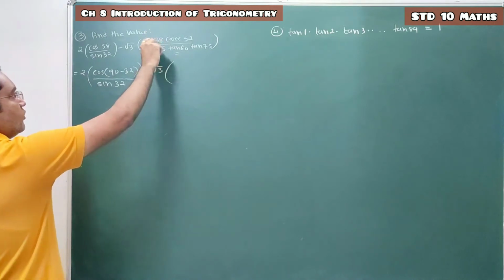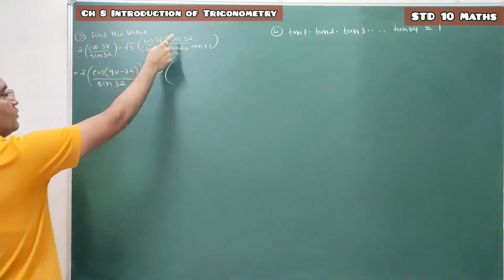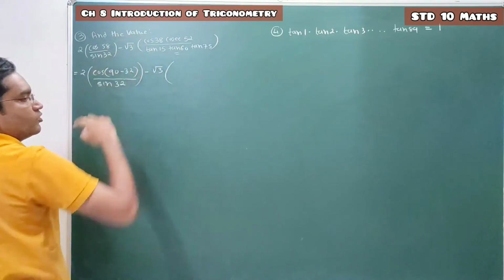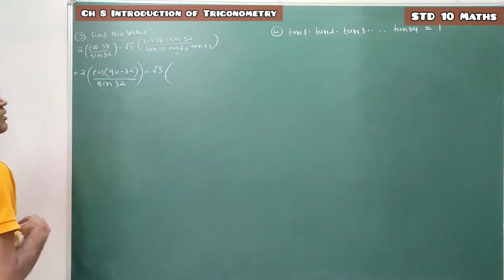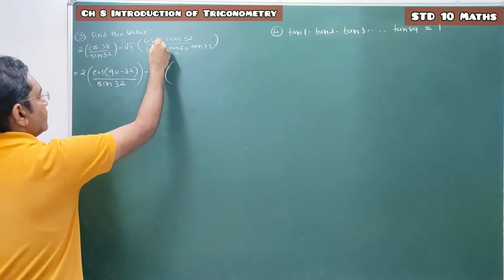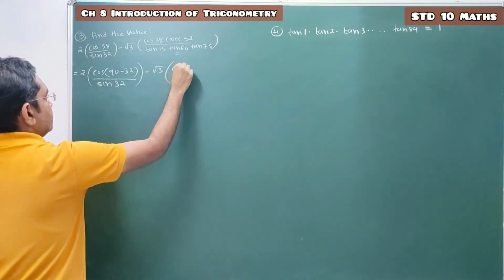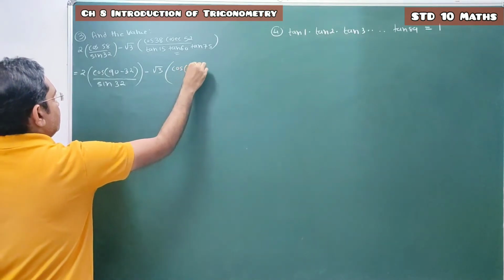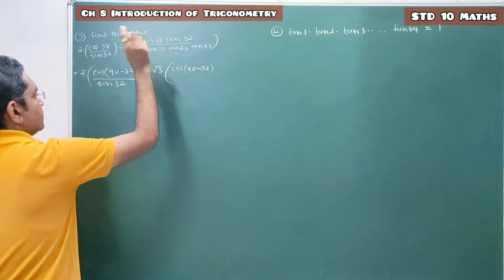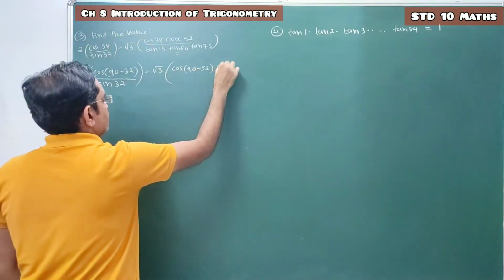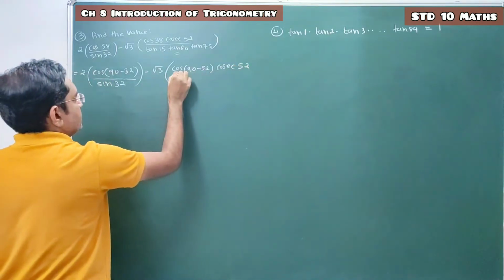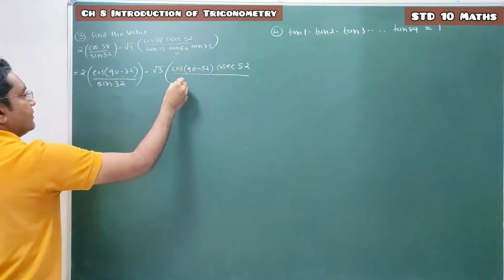We can convert this cos into sin. Sin and cosec are reciprocal, or you can convert cosec into sec. So sec and cos are complements, or we can say reciprocal, of each other. So converting this cos as a sin, this cos is nothing but 90 minus 52, and 90 minus 52 is 38, into cosec 52 upon tan 60.